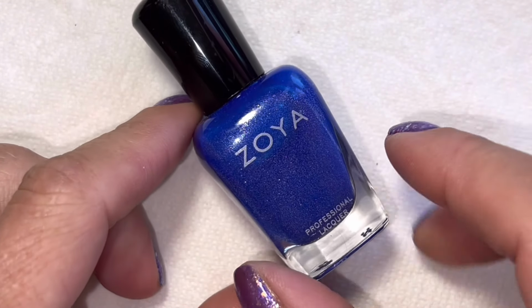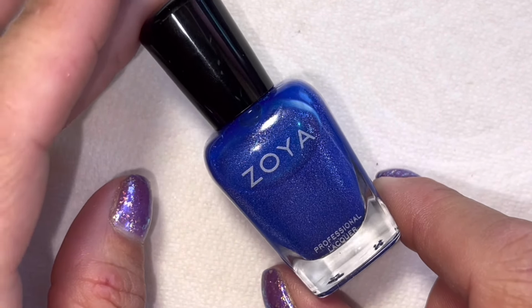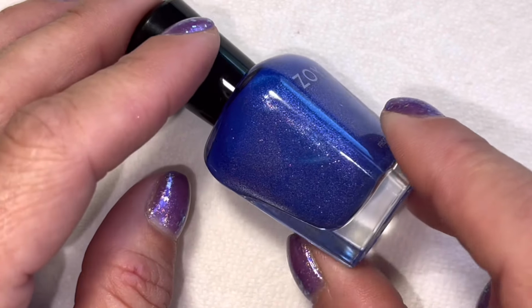Okay, so now we're going to go into more of a regular blue, like a royal blue kind of color. And I'm picking this one from Zoya. I talked about it in my most recent dupe video for PPU. This is called Kira. And it's more of a maybe purple-leaning royal blue, I guess you could say,